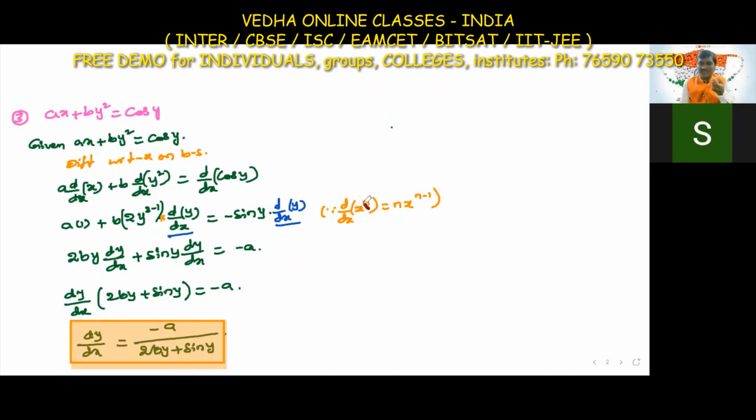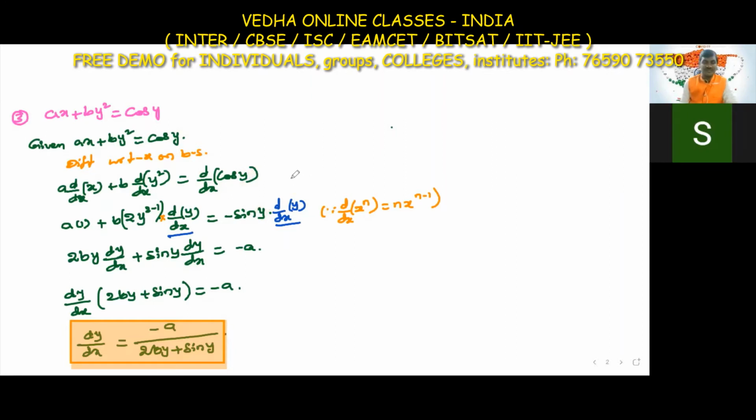In place of x, if you have x, that's okay. In place of x, if you have some other function, we differentiate that function again. So we are differentiating this y again. Not because of the y square, but because of any function. Here also cos y: whenever we are differentiating cos x, the formula is minus sin x. But in place of x we have y, so that's why we are differentiating y again. In the fourth step, we took dy by dx common, right?